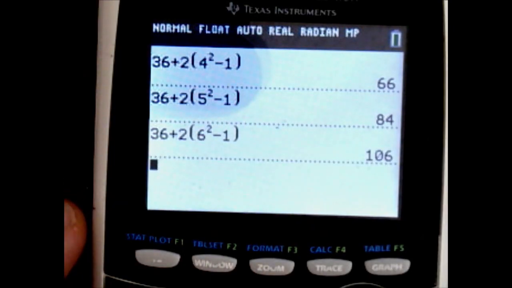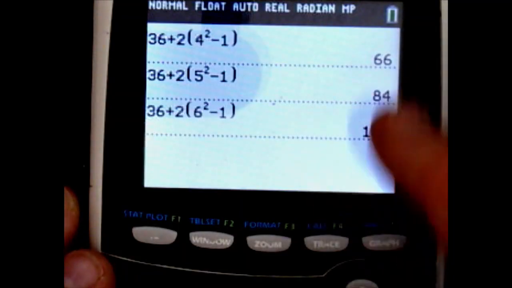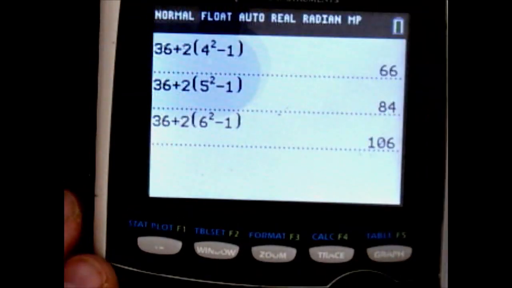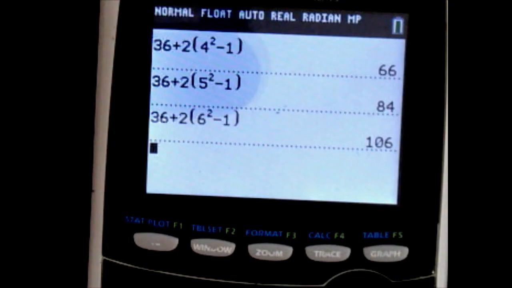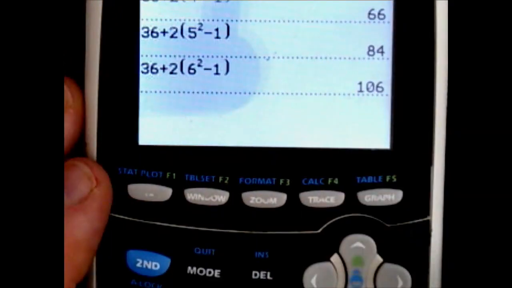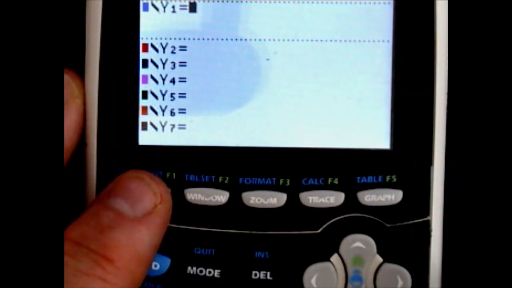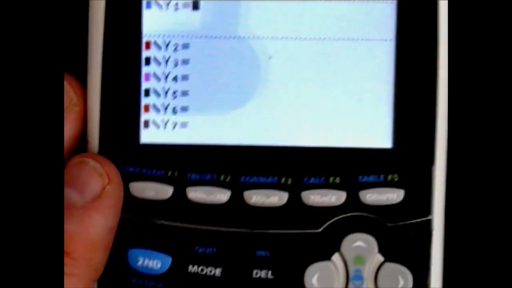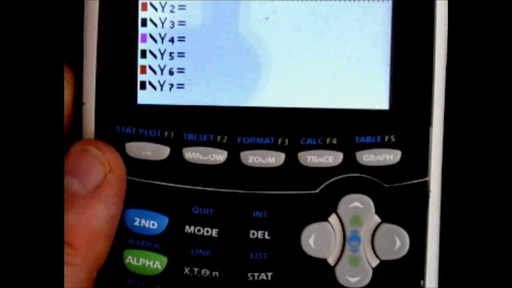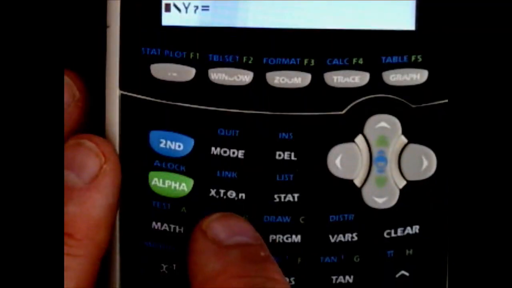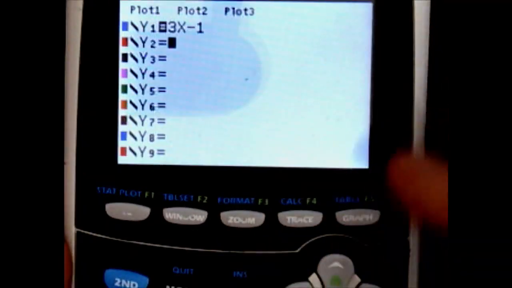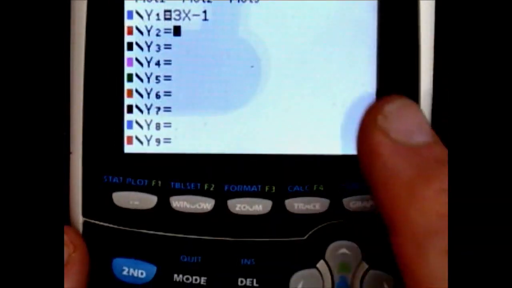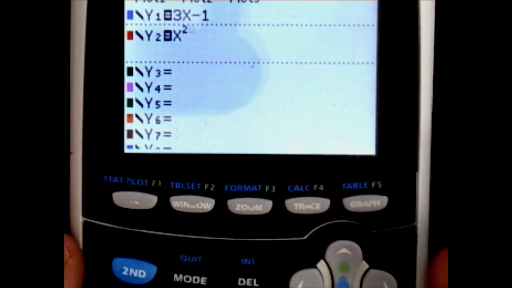You could do that all day. Alright, so the more complicated entries are, if you just need to change one number, do second enter. Alright, so now basic graphing, let's do y equals, and let's type in 3x subtract 1, so you hit 3, you hit your x key right there below mode, subtract 1. Okay, and now under y2 I'm going to type in x to the second power, x hat 2,